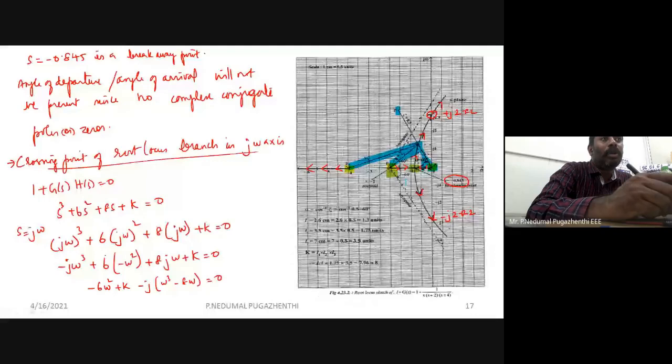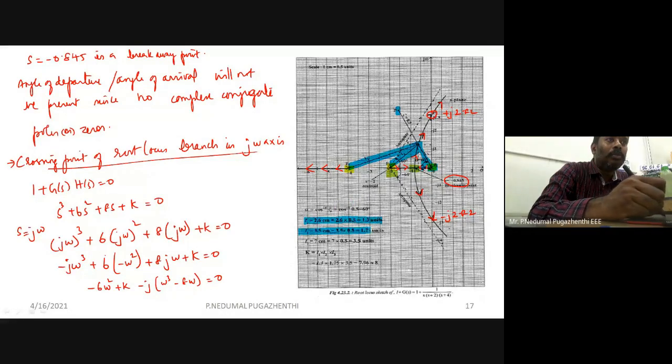Okay, try to draw line segments from the other poles to the point where your root locus is being cut. Right, you will have 3 different scales. Let us say L1, L2 and L3. And since I have taken one, this scale is 1 centimeter is equal to 0.5, I have multiplied 0.5 with all these measurements.